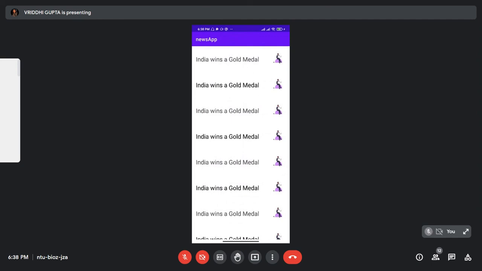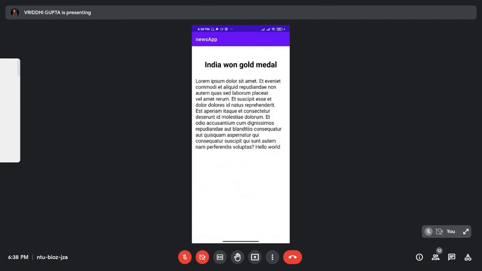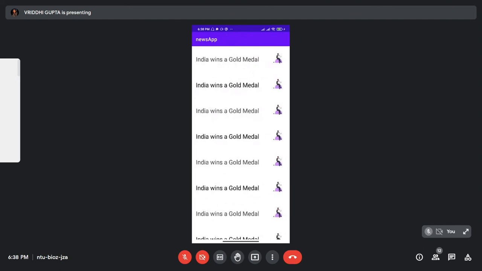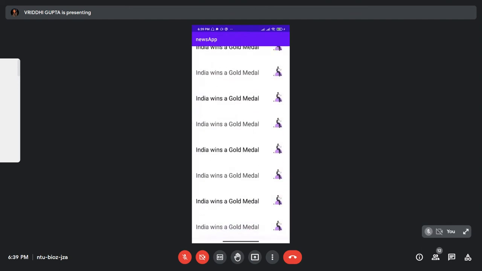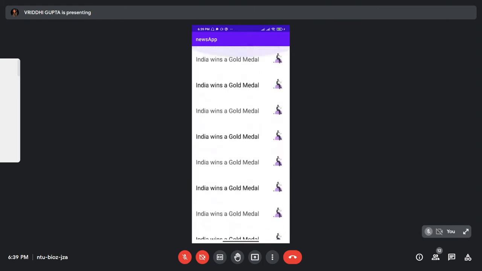This is a fragment. So if I click on one, then see, you get it. The content page opens, and it opens for each and every item in the recycler view. So this is just an example that we are using the same headlines.